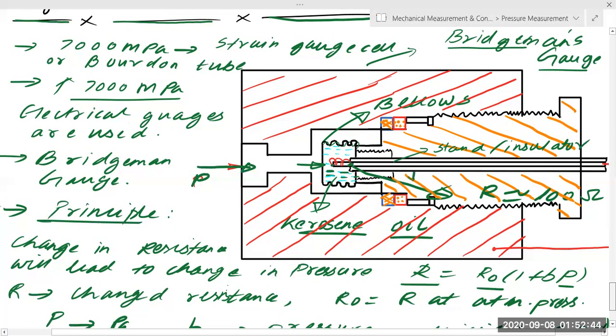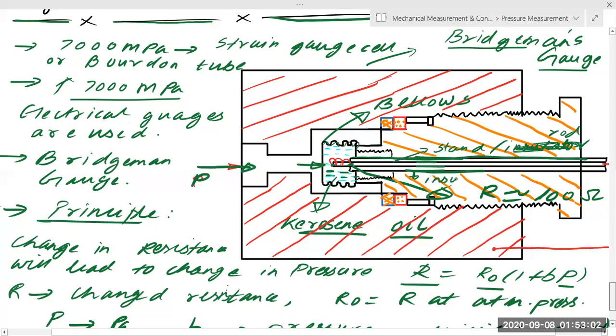This is the outer part, if you can see this layer. This will be my stand. The inside part will be my stand, or you can even say a metallic rod. And the outer part, this will be connected to an insulator.